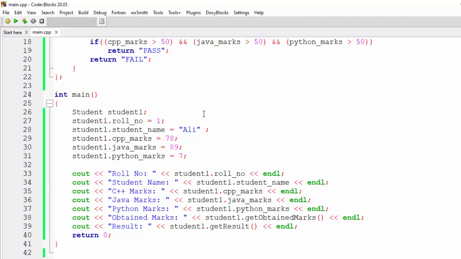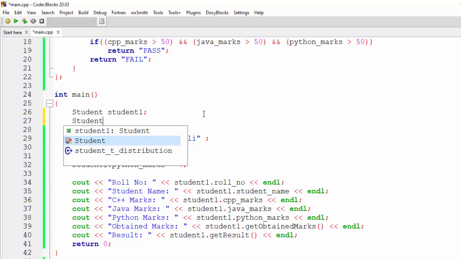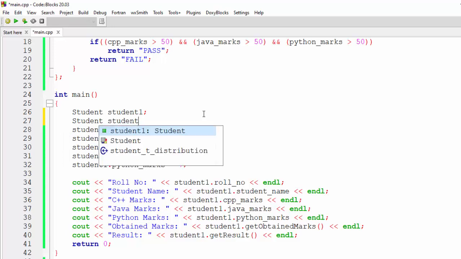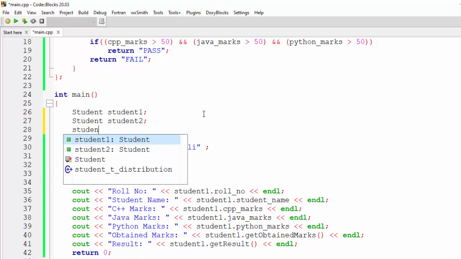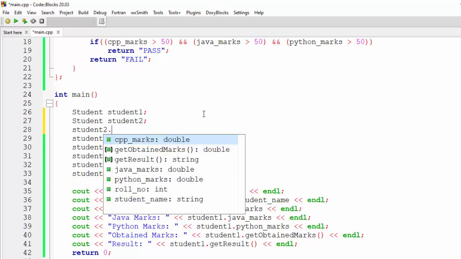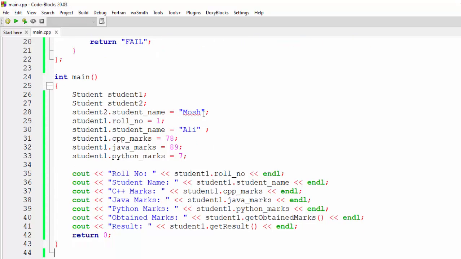You are not limited to creating only one object. You can create another object, like you can say student2. If I say student2.studentName is equal to Mosh, my student 2 name will become Mosh.